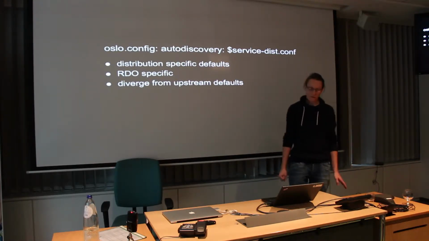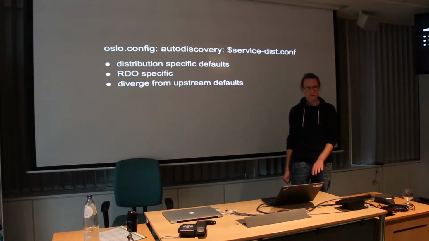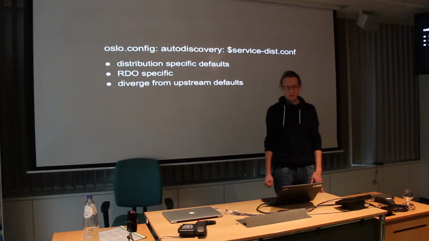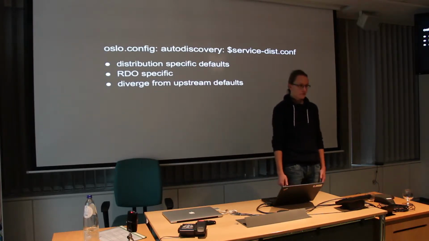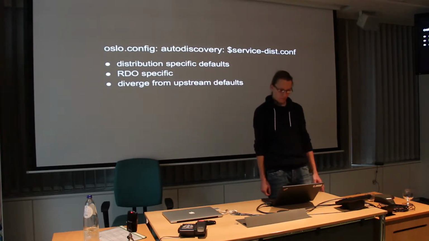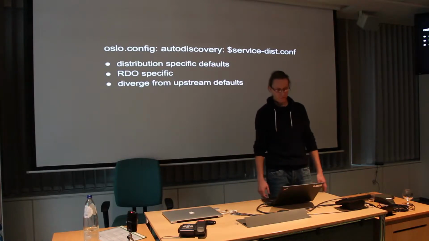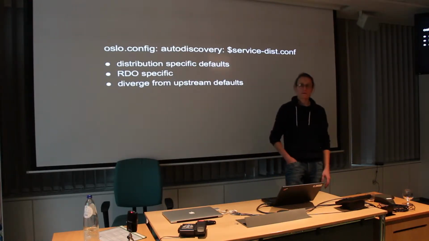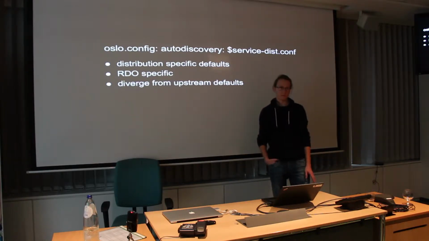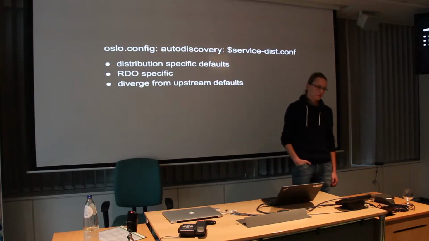And this file is located under user share and then the service name, and it's always loaded by all the services. Right. So it's cool that we have some way to override default values from upstream. The problem with this is that it's RDO specific, and also it makes us diverge from upstream defaults,